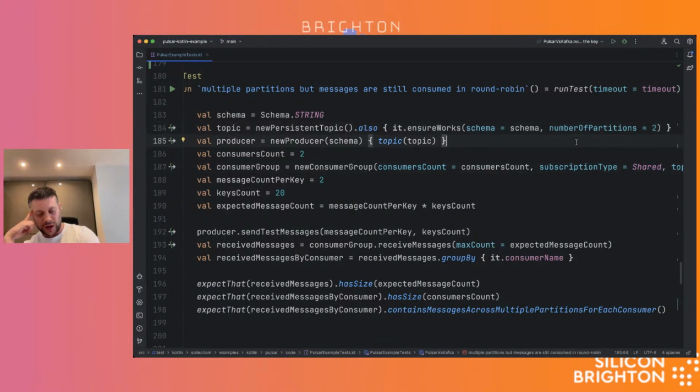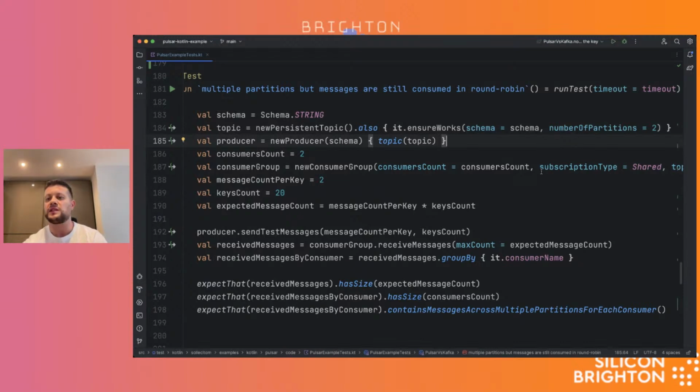Now, the interesting aspect of it is that how you want to consume the messages is a decision of the consumer itself, as opposed to the producer and the cluster, right? In Kafka, when I create a topic, I set the number of partitions, and this sets how the producer behaves, and how the broker behaves, and the cluster behaves, and how the consumer behaves. In Apache Pulsar, this is decoupled, so the way you store messages on the cluster is decoupled from how you consume them, and this has a lot of benefits, which I'm also going to talk about in a minute.